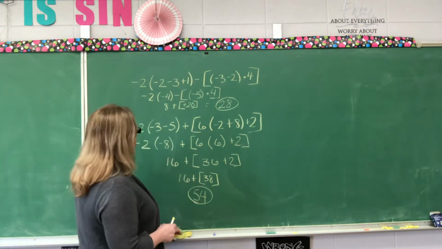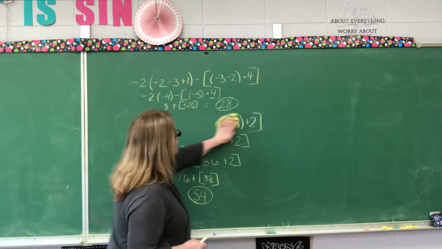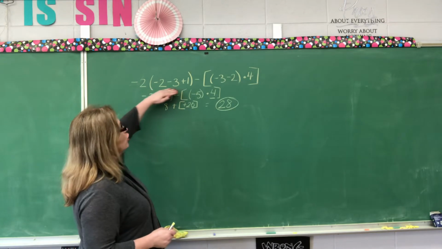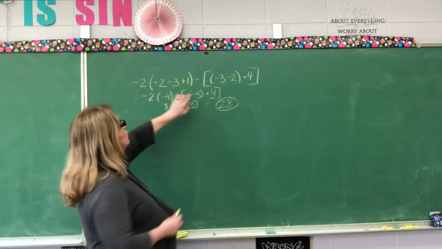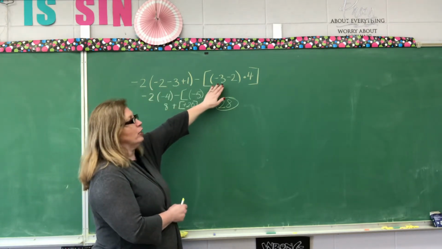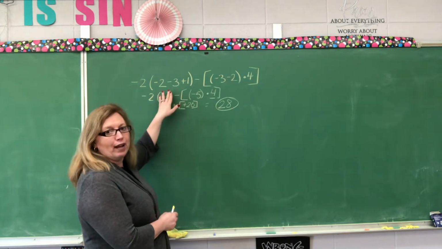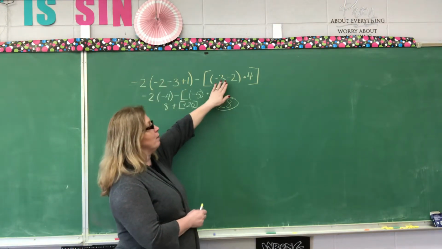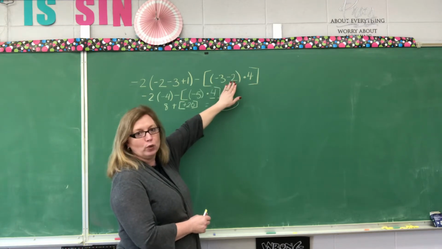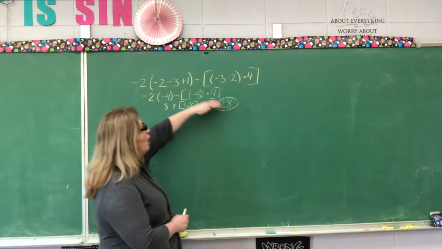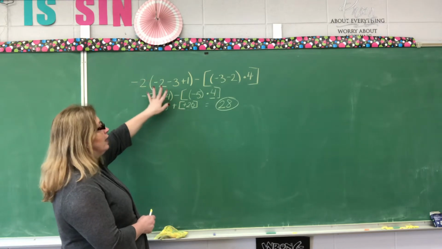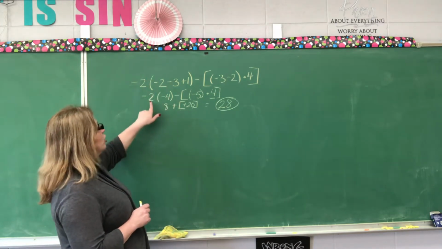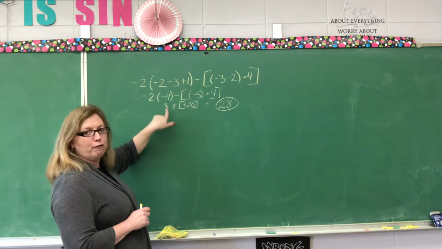When you look at your original problem, I'm going to erase this one. It looks too crowded with all of that up there. When you look at your original problem, you deal with things inside the innermost parentheses first. Here, I only have one set of parentheses, so I work with this. But when I go over here, I have parentheses and brackets. Look only at the innermost. Solve those. Bring them down. Then keep going. The next place where sometimes you have confusion is you had -2 times -4, giving you